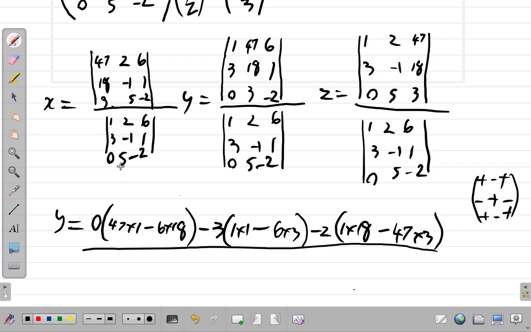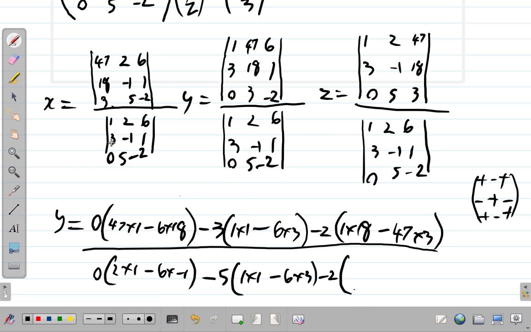Alright? If we expand along row 3, using the same argument, you have 0 times 2 by 1 minus 6 by negative 1. And it's a positive. Then minus 5 times 1 by 1 minus 6 by 3, alright, plus negative 2 times, it would be 1 by negative 1 minus 2 by 3. Okay,